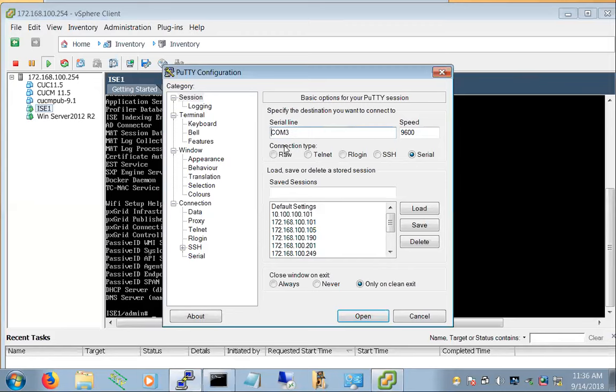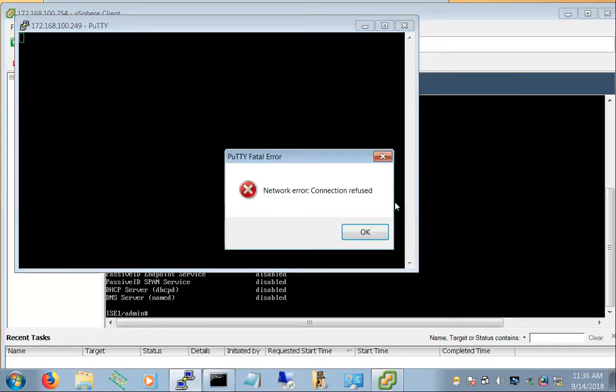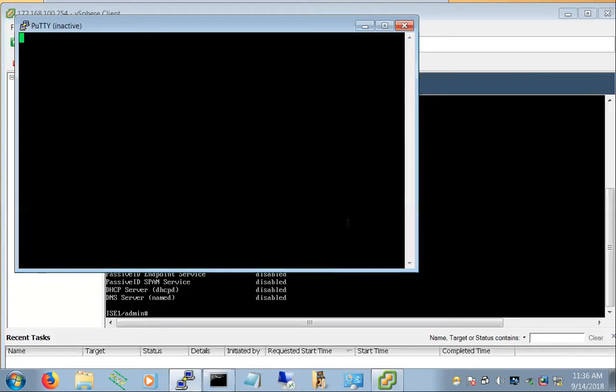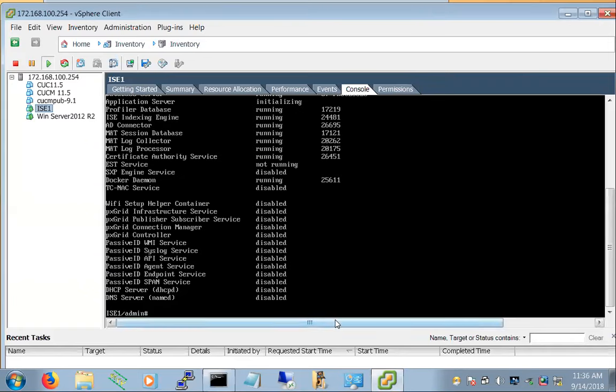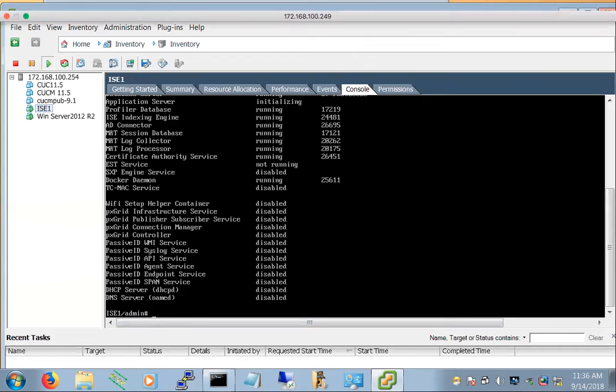Let's try again doing SSH, accessing this. No, network error, connection refused. So SSH is enabled. We have enabled the SSH. Anyways, the application server is still initializing, so probably we have to wait for